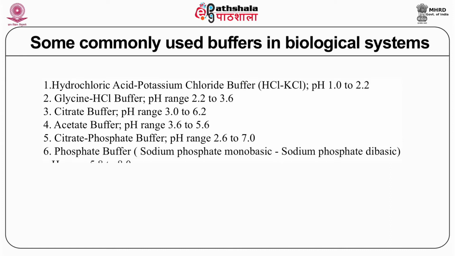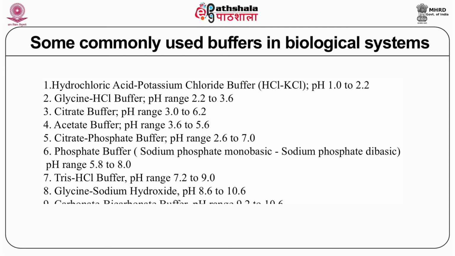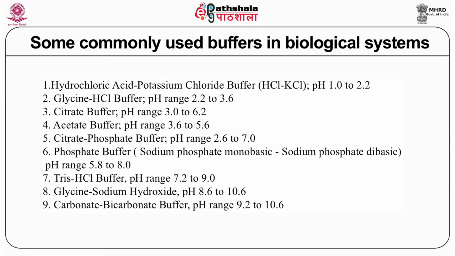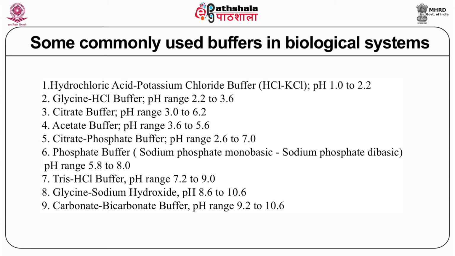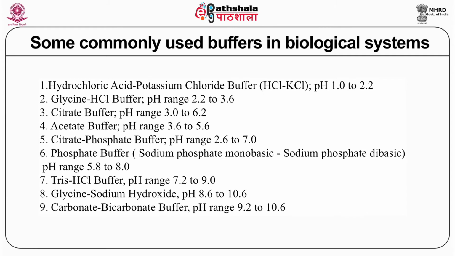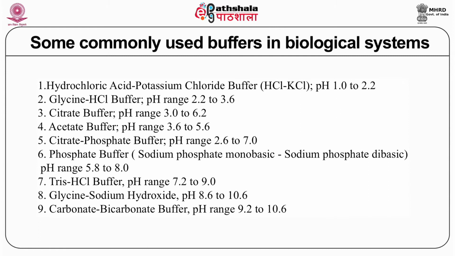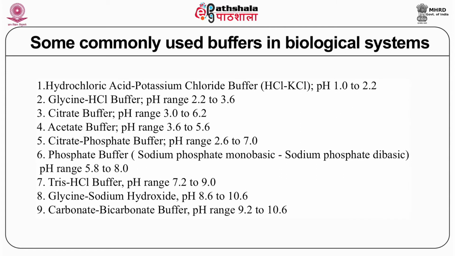Now you want to change it to a higher one, slightly acidic, but you need to change from 3 to 6, then you better use a citrate buffer, or a citrate phosphate buffer if you really want to use a large range of 2 to 7 or 3 to 7. Now when it comes to the slightly basic side, phosphate buffer is the ideal one. It can work very well from 6 to 8. Not exactly 6 to 7, but it can go up to 8 also.